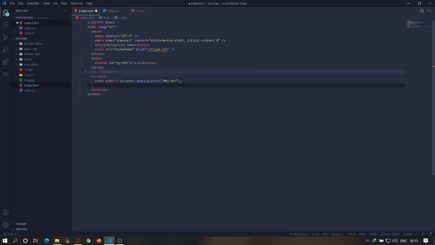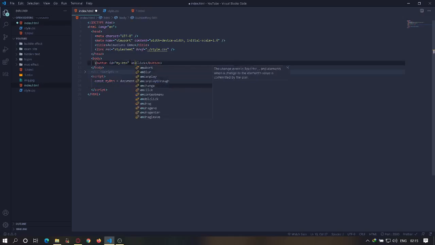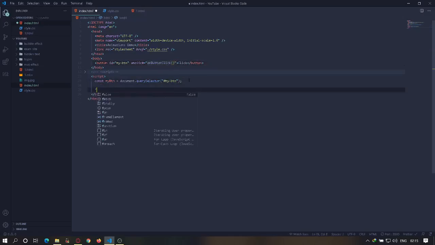What we can say is there's actually two ways to do that. So the first would be to add an onclick. Onclick is basically an attribute, and inside the onclick you name functions. So let's say onButtonClick, like this. So basically you need to execute that function, and now in here we need to create that